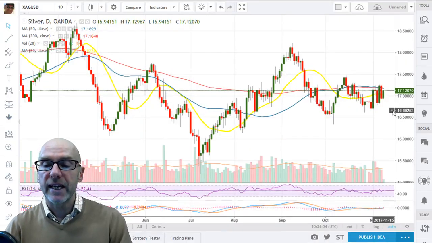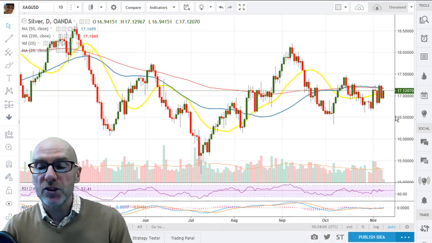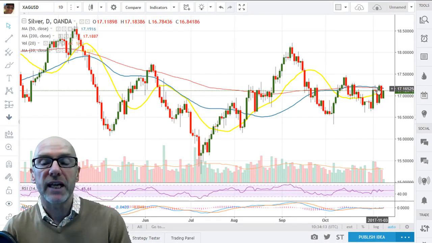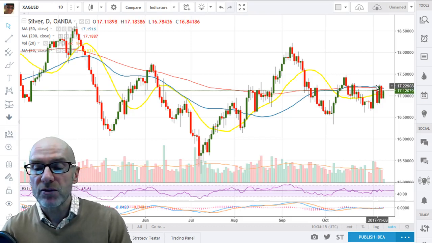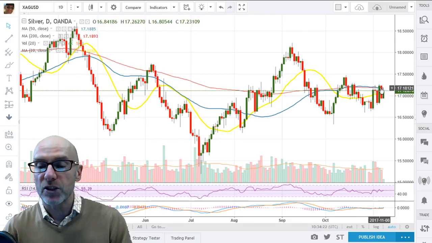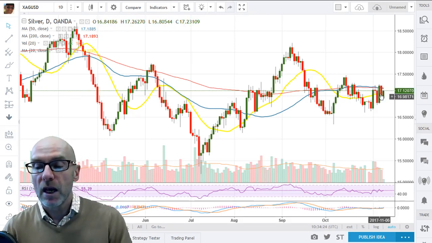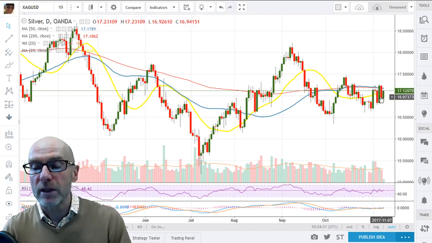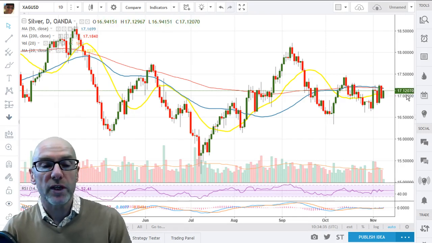Looking at the daily picture, here you can see that we've had trouble with the resistance of the downtrend in 50 and 200-day moving averages. They've just created another bear cross, which is when the 50 crosses the 200, both moving down, which is a negative factor. That happened a couple of days ago. We did marginally go above the moving averages, but we've moved back below again, which is a negative, and they will be resistance on the upside at